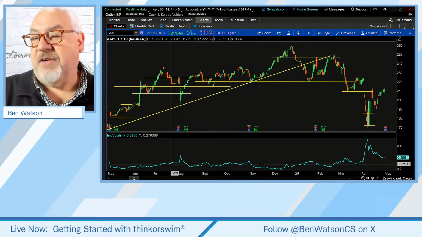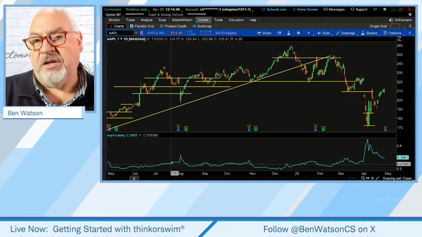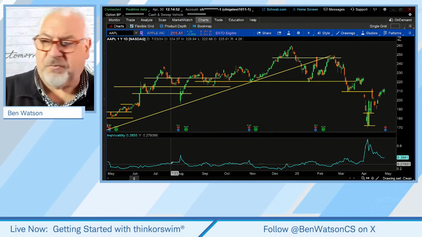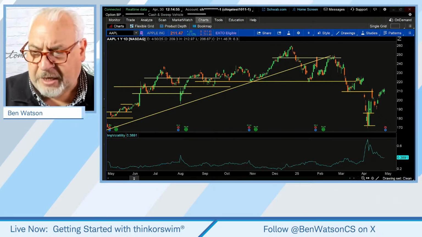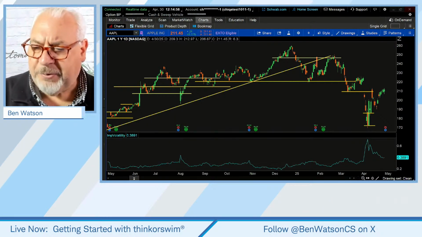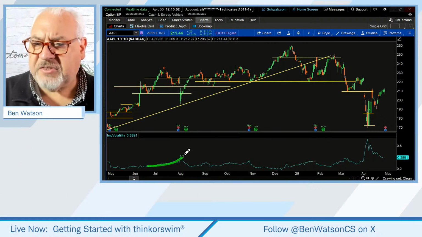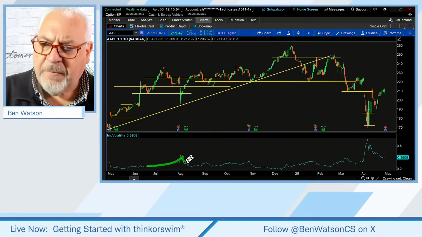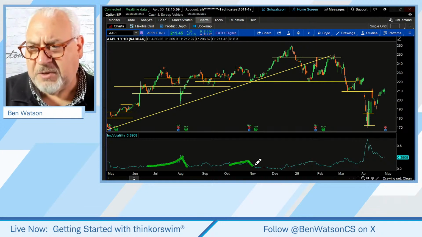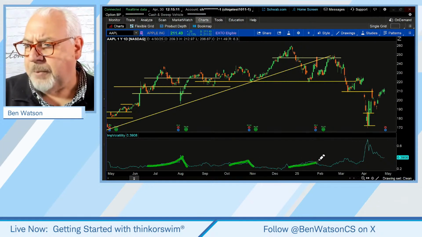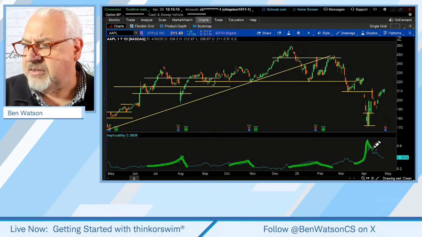And implied volatility typically tends to go up when there is the potential for a news announcement or potential for movement. And you can see that happening here with Apple. Generally, implied volatility goes up as the stock comes into an earnings announcement. Once the news is known, that implied volatility falls off. Up into the earnings announcement and falls off. Up around an event and falls off.